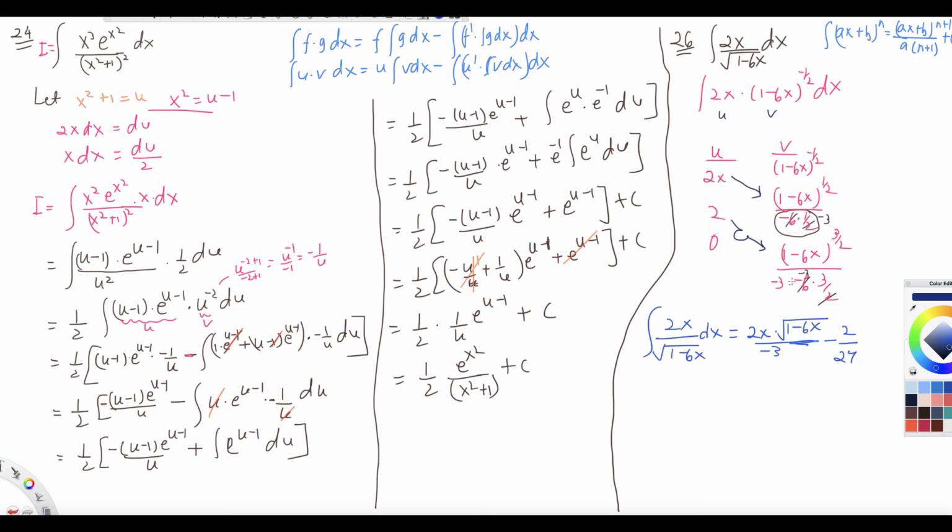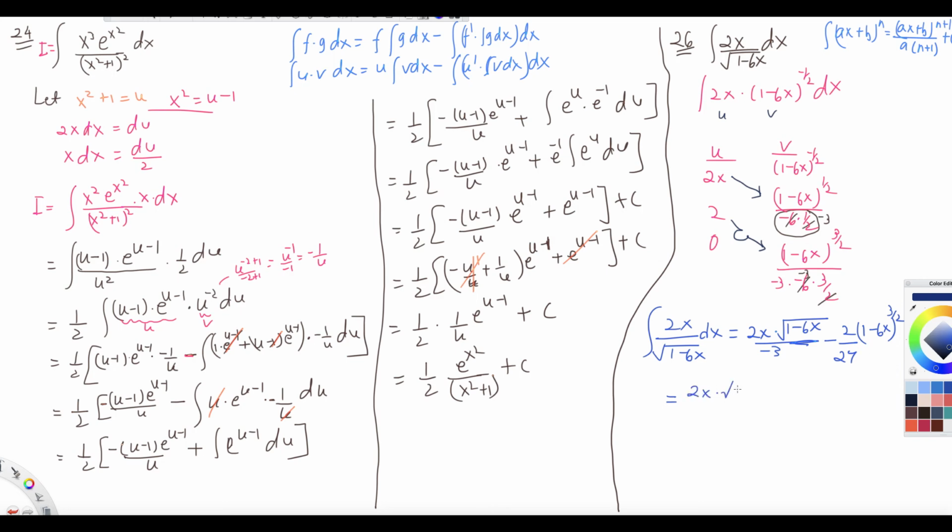Why? Because 2 times that, right? 2 times the whole thing. And then you can write (1 minus 6x) to the 3/2. You can write that way. Okay? So if you want to factor out, you can factor out 2 over 3 and then write the other things. That is perfectly fine. If you factor out the root of 1 minus 6x. Because do you know what that means? Let me show you. If you enter this in your online homework, I think it will accept. But if it does not, then you can try like